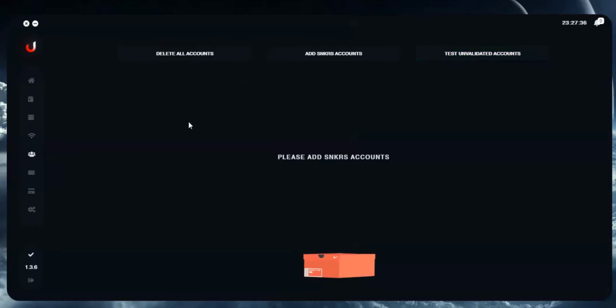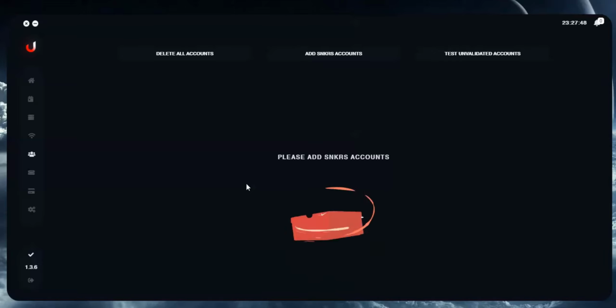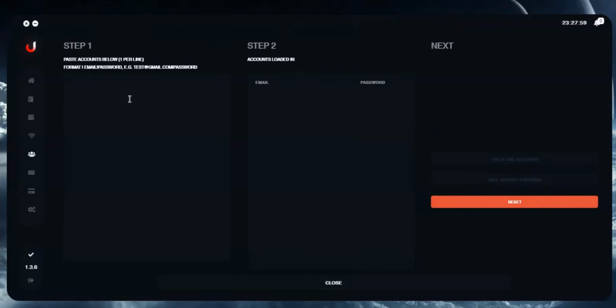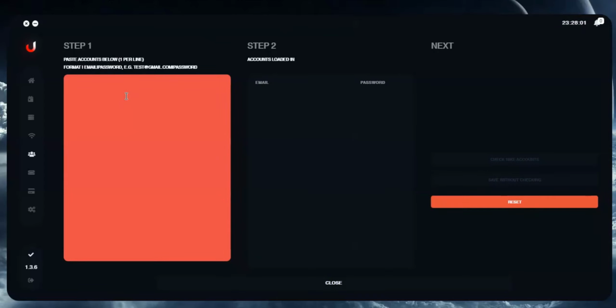Nike accounts. Whenever running uSNKRS, you obviously need a Nike account. That's needed to purchase anything on Nike with sneakers. Whether you get that from an account provider or you made your own or you have a generator, whatever it may be, you would add that account onto uSNKRS here. All you have to do is come up to add accounts, and then you will plug in the information for the account. And the format that you should plug it in is, let's say,